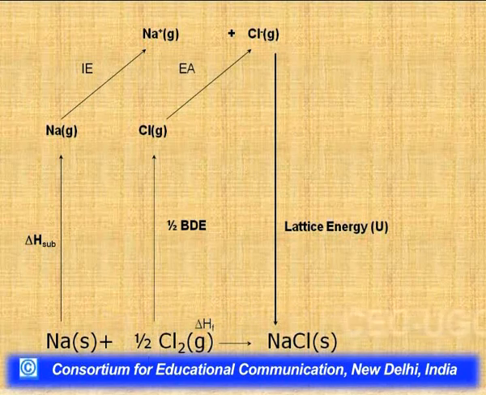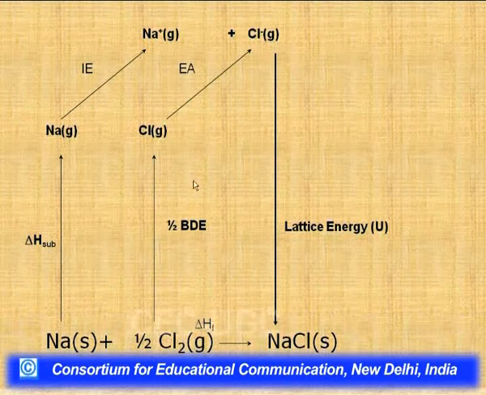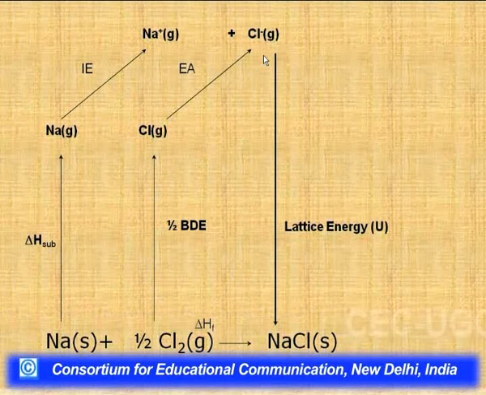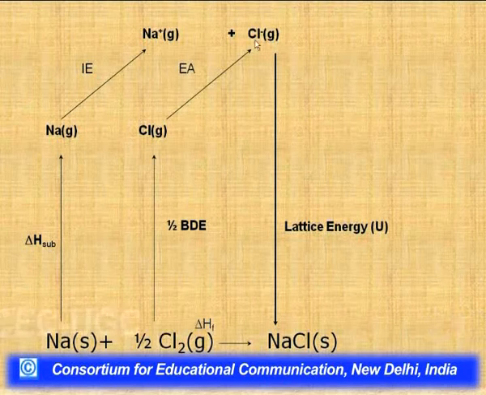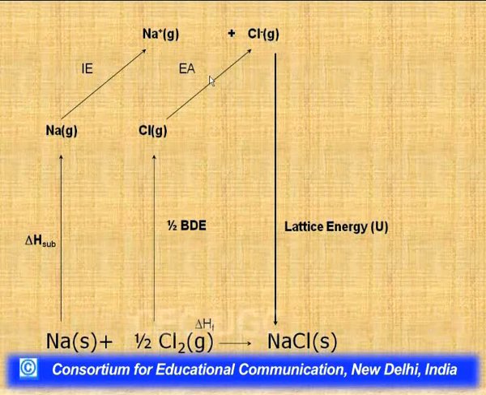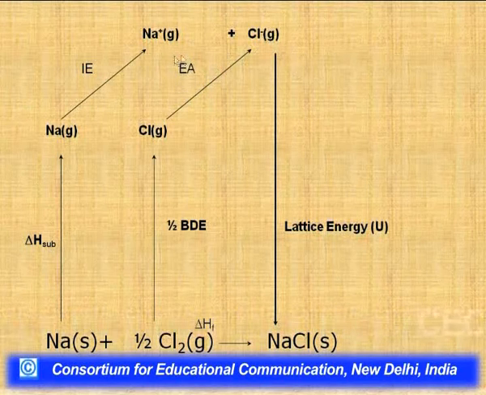chlorine, because half a mole of chlorine is used in this balanced chemical equation. So there is half of the bond dissociation enthalpy, bond dissociation energy, for the dissociation of chlorine molecules to chlorine atoms, which are in the gaseous state. Then when we ionize them by giving one electron to chlorine atoms in the gaseous state, the result we get is chloride ions in the gaseous state, and the energy which is obtained in this process is known as electron